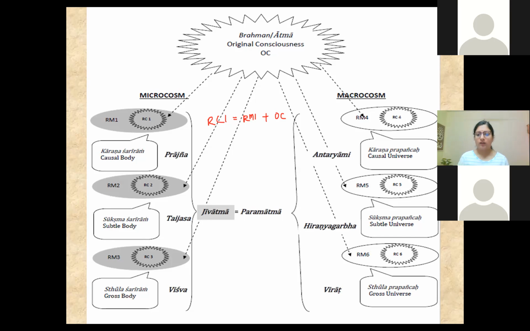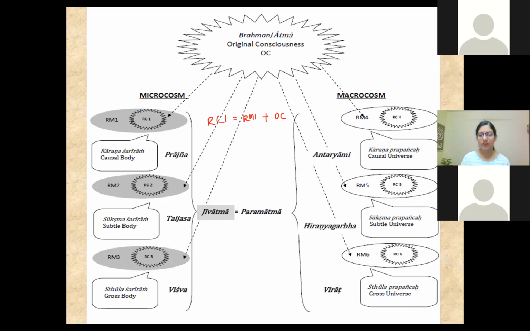Okay, yes. So you can take any individual on the left side. Finally, the equation will be established. The identity, the oneness will be established. So you can take a tree also, you can take a human also, you can take any animal also. It doesn't matter. Jivatma represents any individual or anything that we think is an individual. This separation is just for our understanding, right? Otherwise, everything is the same.